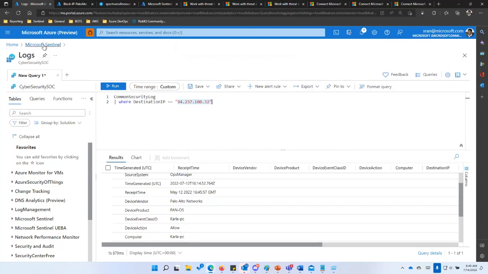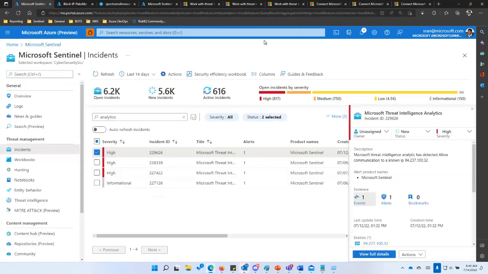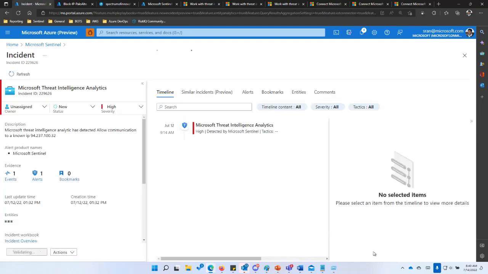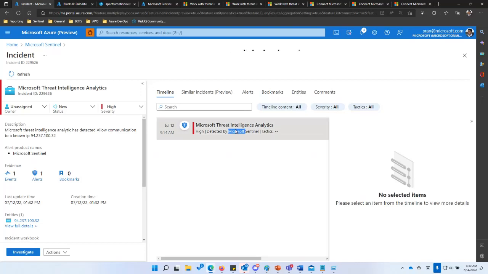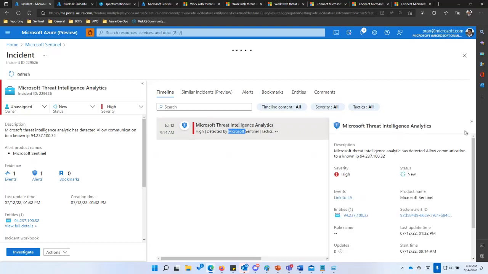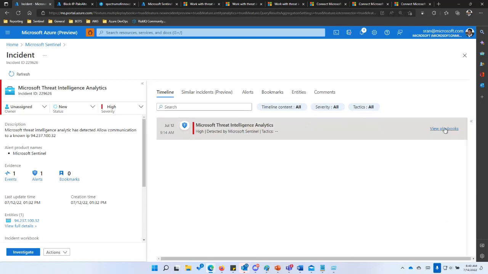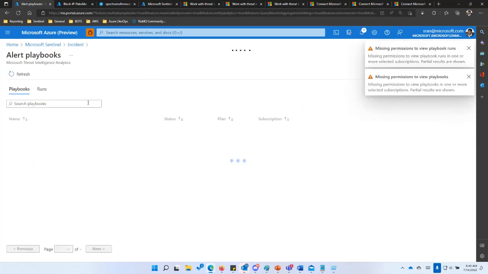And if you go back to your Microsoft Sentinel portal, and if you want to auto remediate these high severity alerts using automation, we can also do that using our playbooks. If you go to full details, you will see your intelligence here, your recent alerts. And if you go to your playbooks here, and if I say block IP,